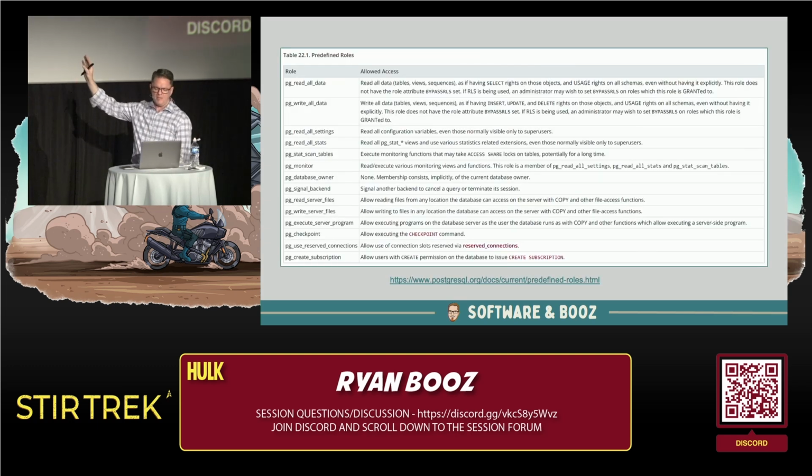This was probably Postgres 16, would be my guess. I don't remember if we've added anything with Postgres 17, to be honest. But again, as I said earlier, we're trying to use roles. I say we because I love the project. I haven't coded anything in Postgres yet. Maybe someday. But we're trying to do this as a way to get around having to be superuser.